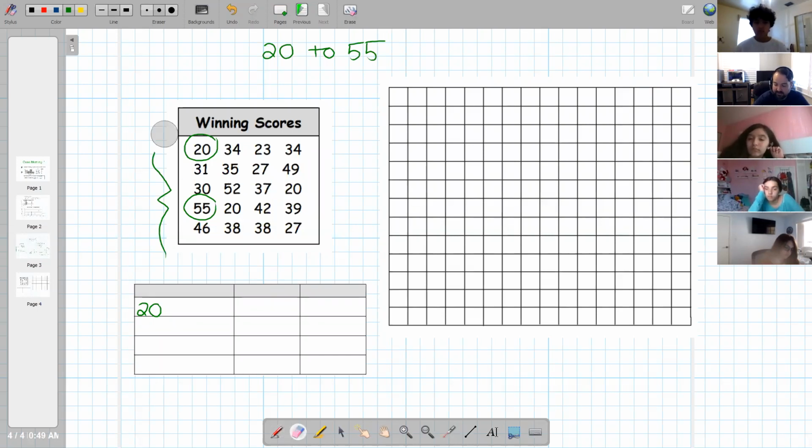And it doesn't really matter here. This is just what I'm choosing to do because I don't want to get too many bars. We're going to break this up into 5 bars, and that means that each bar is going to be about 7 units in size. So that first bar is going to go from 20 to 27. And the next bar is going to take over at 28 and run from 28 to